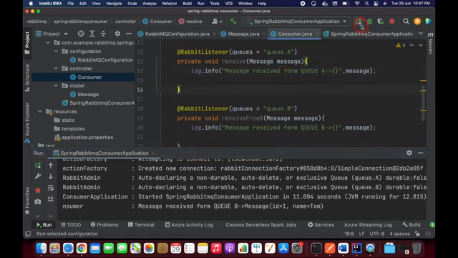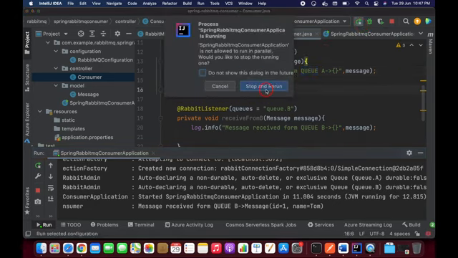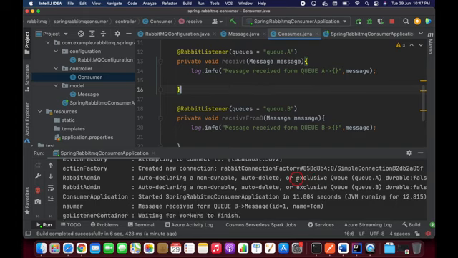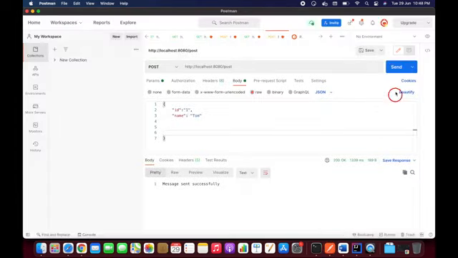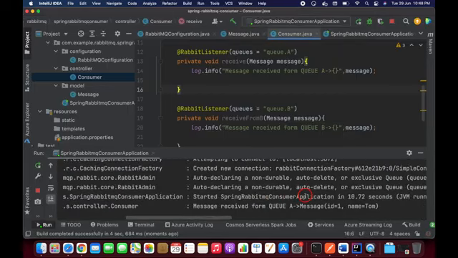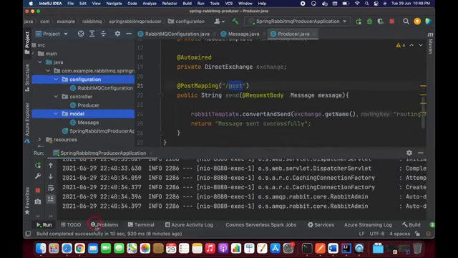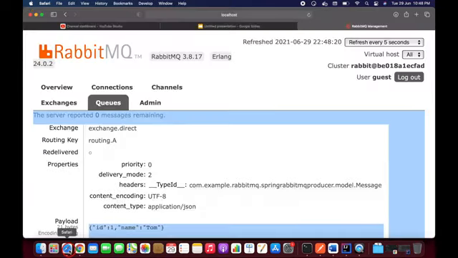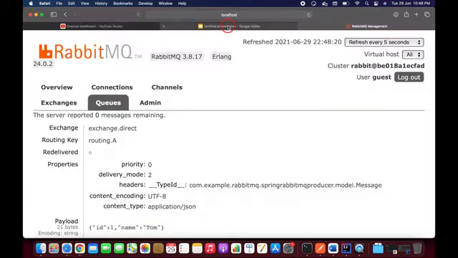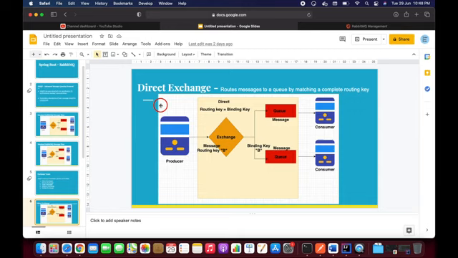Okay, if you want, you can restart your application and send it again. Okay, let's send it again and come back here and check it out. So this time it printed message received from QA. Okay, so it's working fine. So direct exchange is working fine, guys. So now I'm going to look at another exchange. Okay, let's open our PPT here,